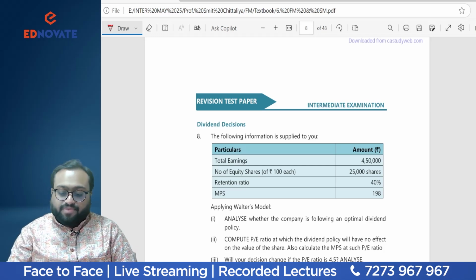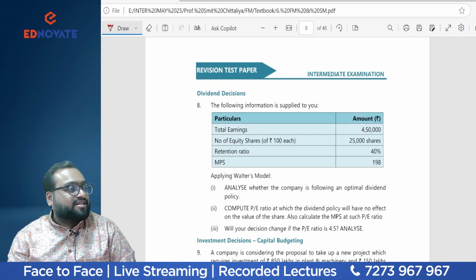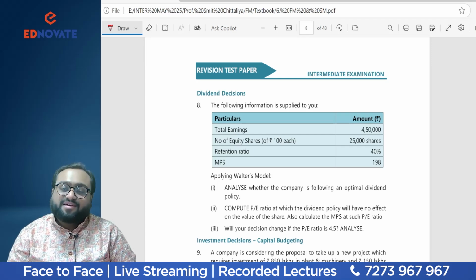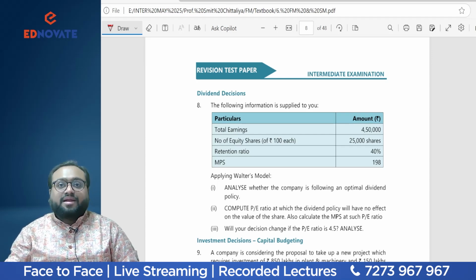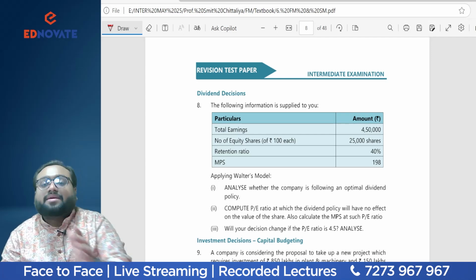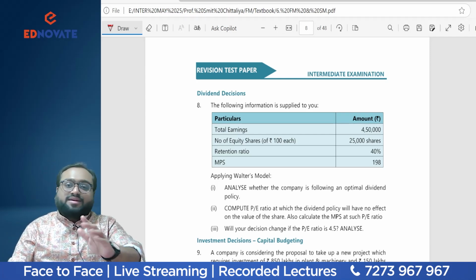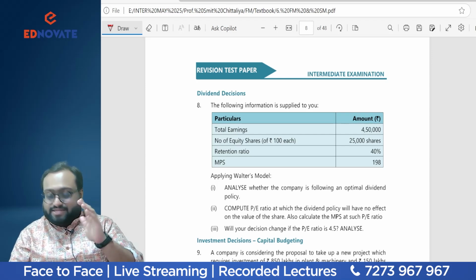Okay, students? Coming to a very small question. Why are you laughing at this question? Because this question is very easy. If the questions are a little lengthy and difficult, I become a little serious because I need to explain each and every concept in detail, why these things happen. But if the question is very easy, I'm relaxed. That student will also be relaxed. I'm also relaxed. Paper will be nice.